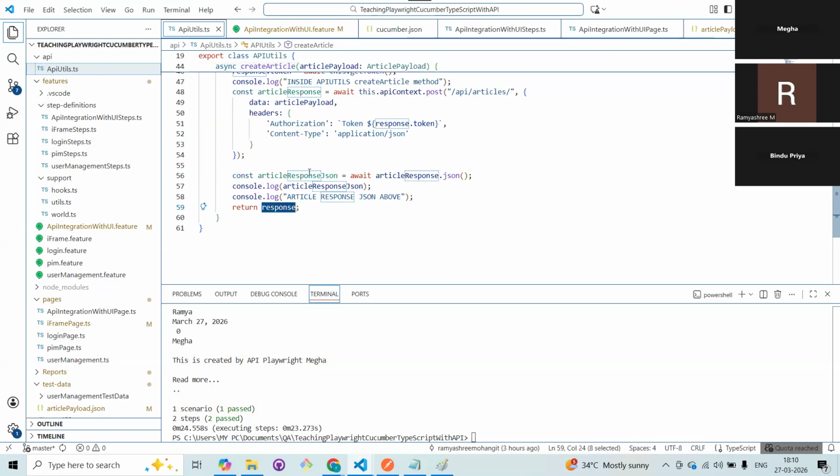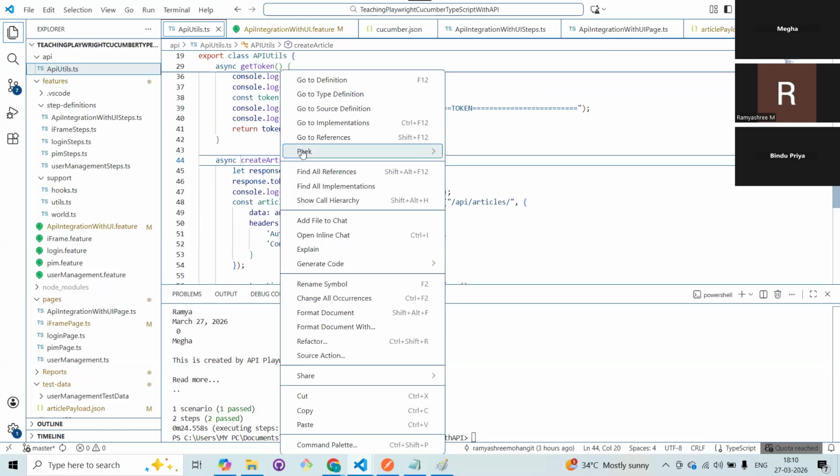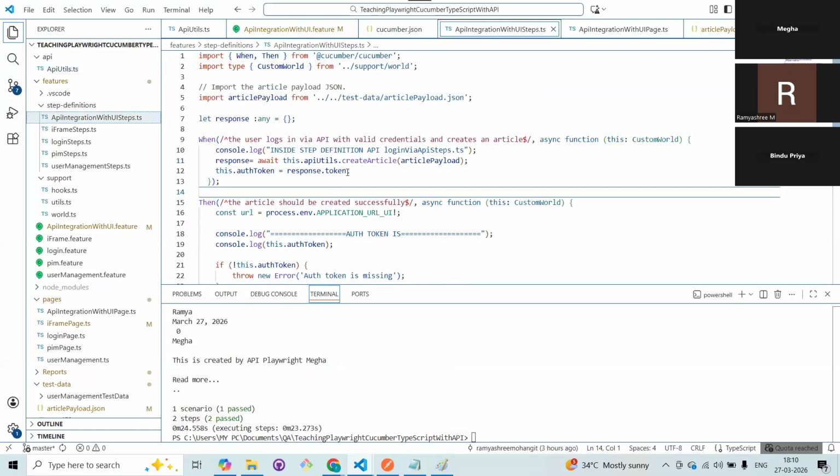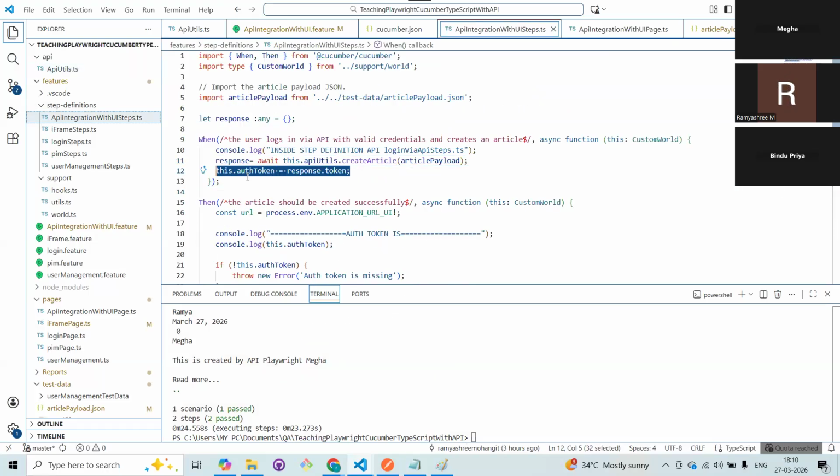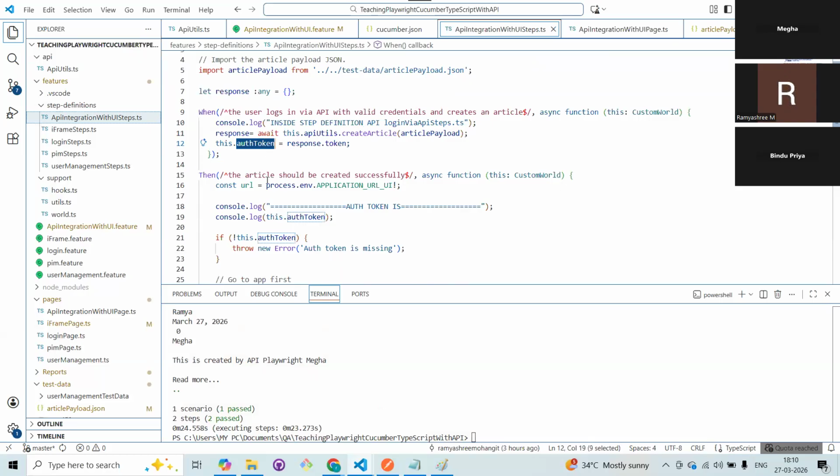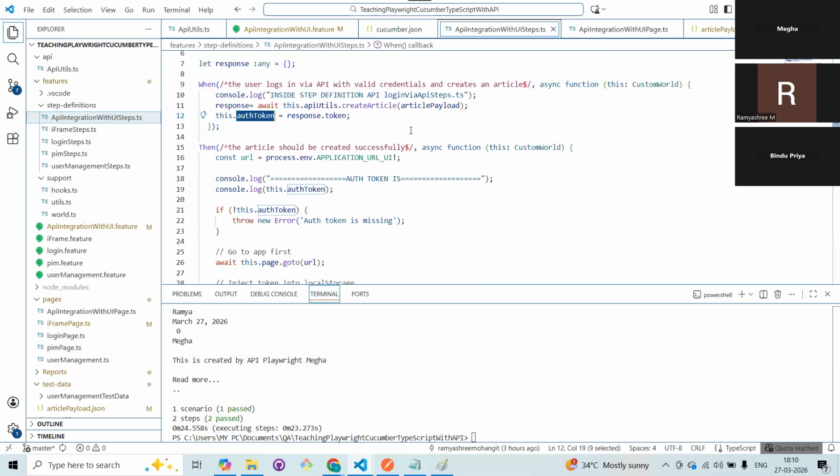The moment you return the response, you're just putting in this .auth token. This is an optional step, but auth token means we will understand, right? Okay, fine. Here there is a token. That's all. Now, in my next step definition, what I'm trying to do,